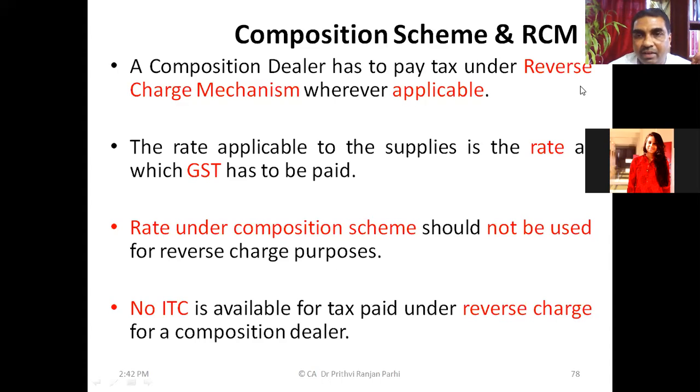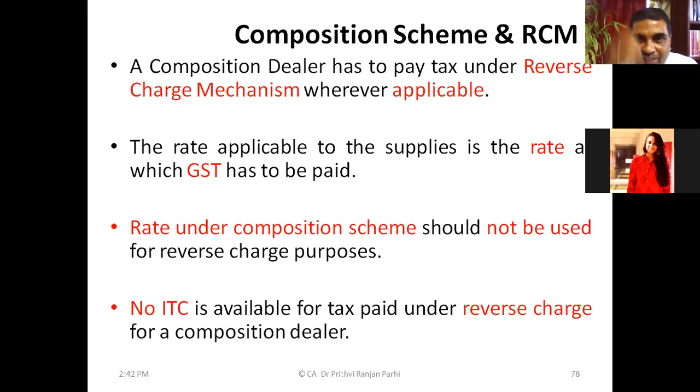But you do one thing. Next time you are answering, when you are talking on GST, don't use the word seller. Instead, use the word supplier. And don't use the word customer. Instead, use the word recipient. Okay, sir. Had it been sales tax, your answer is right. Otherwise, in GST, we will be calling them supplier and recipient. A supplier or receiver of service, we will be using this kind of terminology.